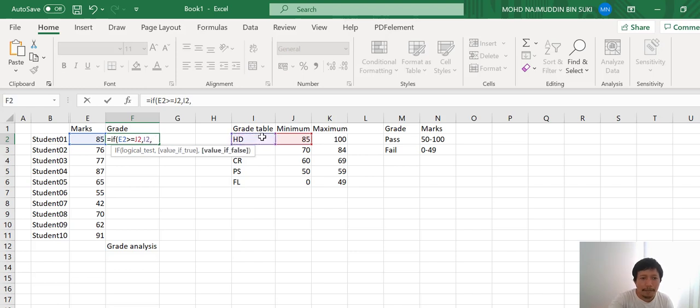And then comma. Now here is a bit of a problem because we have 4 other grades, but we only have one value to give. So what do we do? We just put another if, right? We just put another if and then do the next logical test, which is for distinction, which is for a D, where again we check this. We do the same thing, more than equal to 70, right? And then